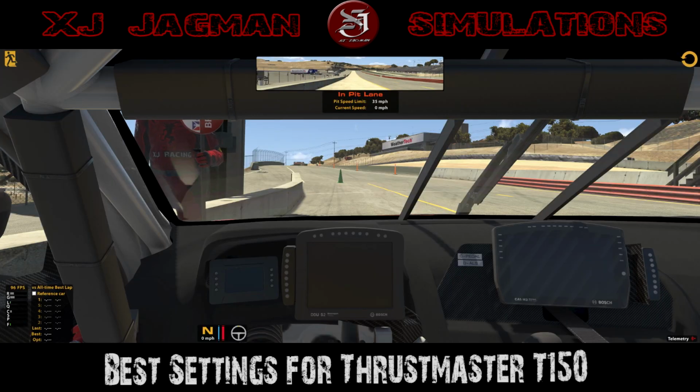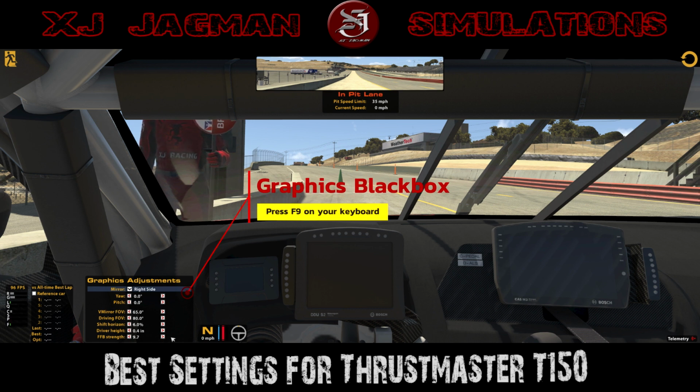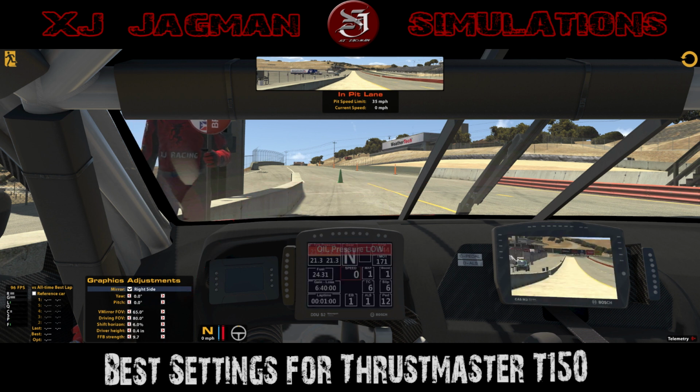We need to drive around now and get a few practice laps in. So go ahead and click Test and get in the car. From here, I want you to press the F9 button, and that's going to bring up the graphics black box. If you'll take a look at the very bottom where it says force feedback strength, we'll have the number that